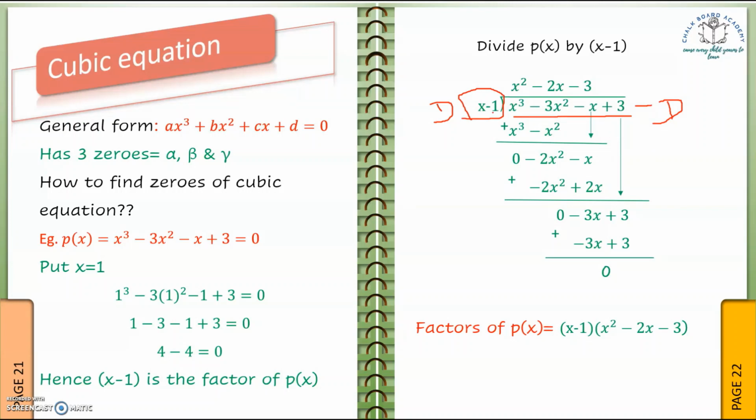So now to divide this, we have to do this. Here x should be multiplied by such a combination of number and variable that it becomes equal to this term, that is x cube. So x is multiplied by x square, then it becomes x cube. And now this x square is multiplied by minus 1.